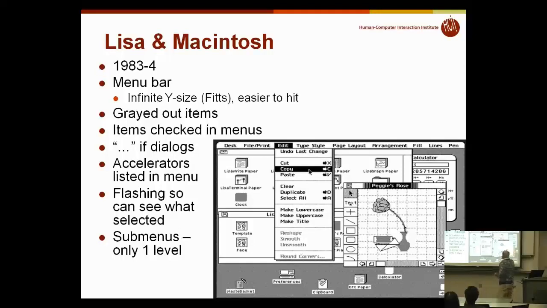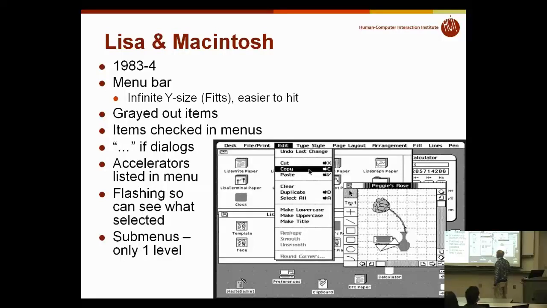They introduced grayed out items. I'm pretty sure that was a Macintosh invention. I mean, a Lisa invention. I don't remember seeing that anywhere before that, but it'd definitely be useful to do a little more research and confirm that that's true. But it's certainly the place that it's most commonly attributed to. The convention of using ellipsis for things that pop up dialog boxes for further questions was an innovation in Lisa